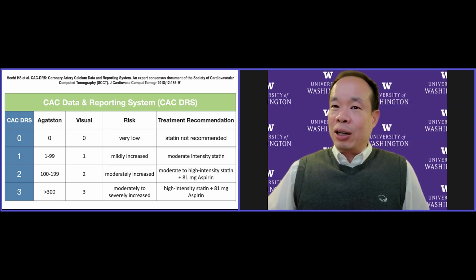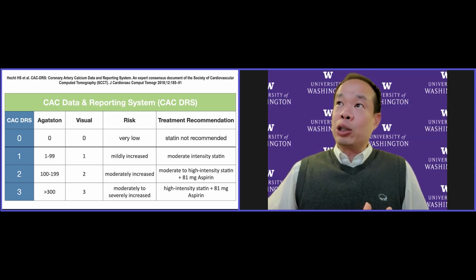Year after year, study after study has shown that the less calcium you have, the better off you are, and the more calcium you have, the worse you are in terms of risk of cardiac events in the future. So on every single lung screening CT that we do, we report whether the patient has no calcium or mild, moderate, severe. The only thing we have not done yet is provide treatment recommendations. I think this is a very important step that many radiologists are afraid to do. I might be the only one in my group doing this actively. I will say actually consider statin therapy, but most of my colleagues are a little bit less comfortable,